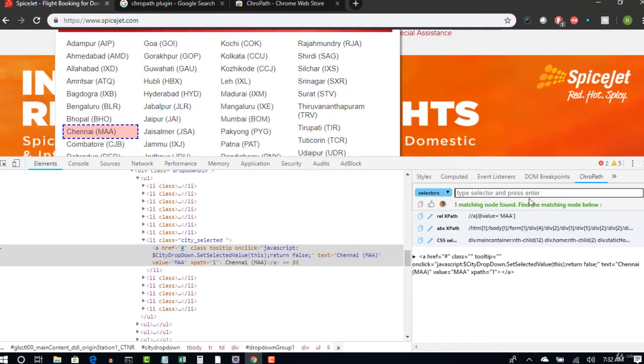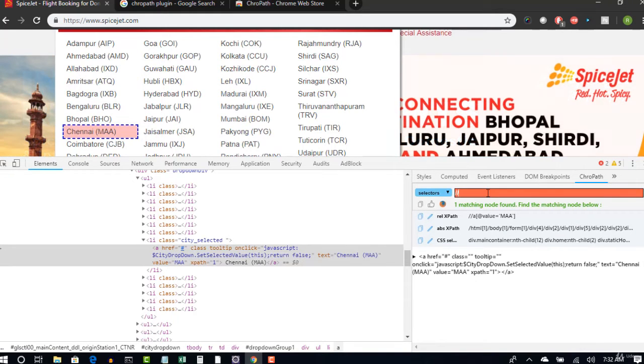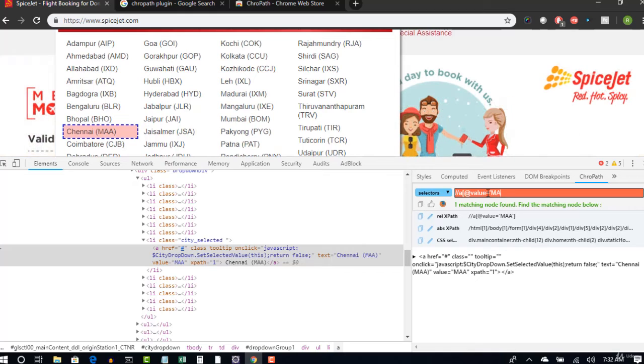Now, I'll write an XPath here for this Chennai. So // tag name @ attribute, let me select value. Okay, MAA. This is an XPath to select this.